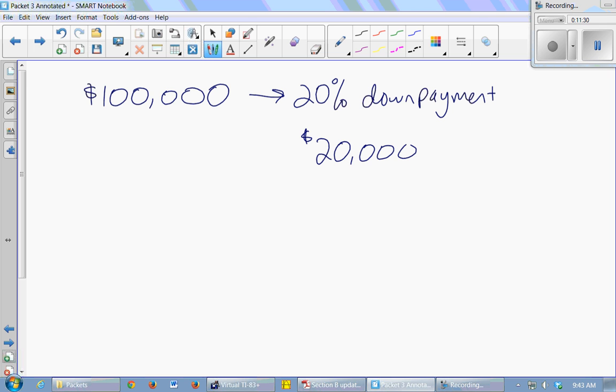So the question is, how much exactly can she afford? So you could trial and error. You could just go down from 100,000 and keep guessing. Or you could say, well, how am I taking 20% of something? What do you do to take 20% of a number? Oh, yeah, you could divide by 5 or multiply by 0.2. Yeah, same thing. So we're going to let X be the price of the house,